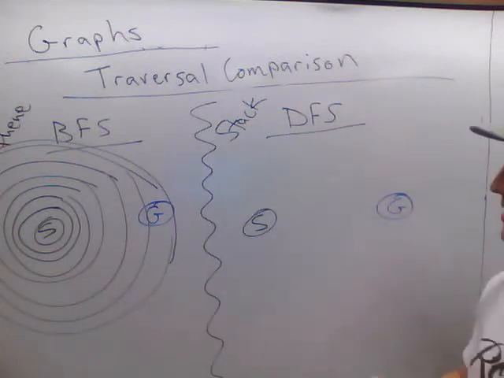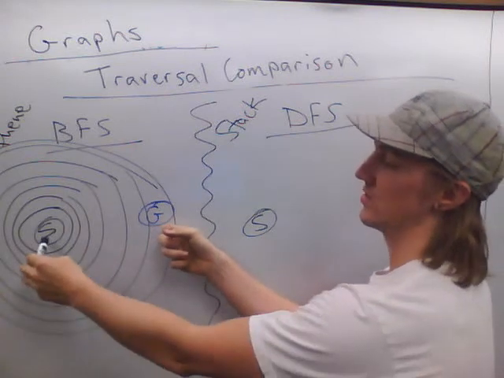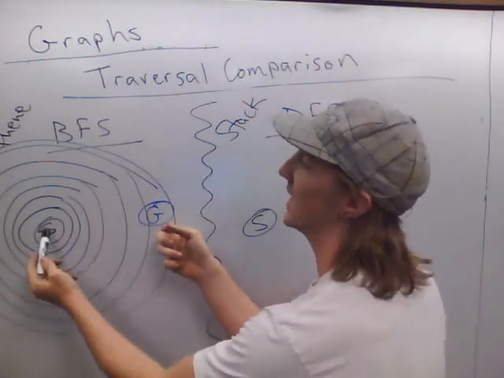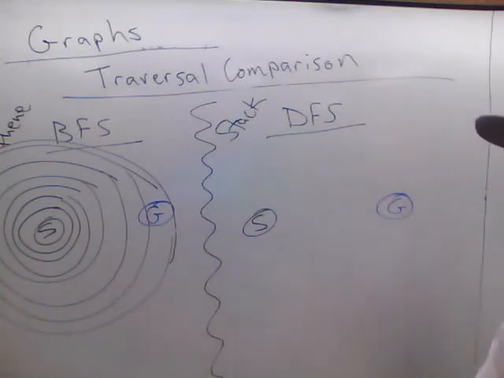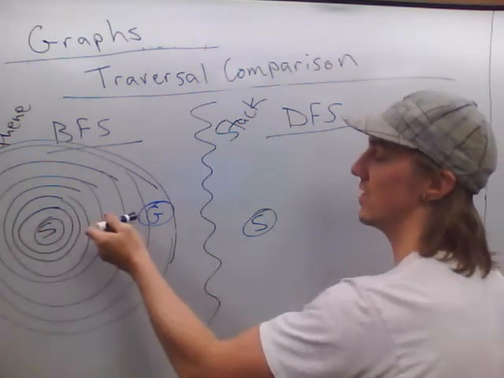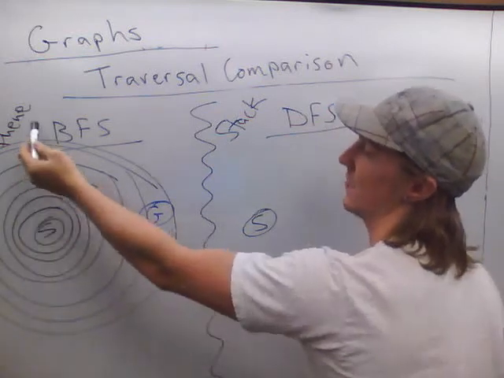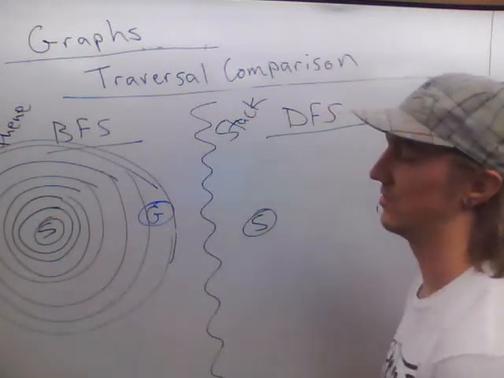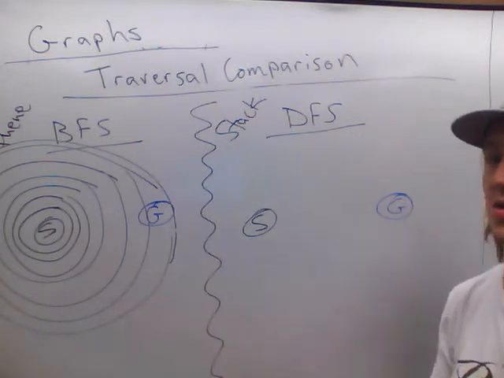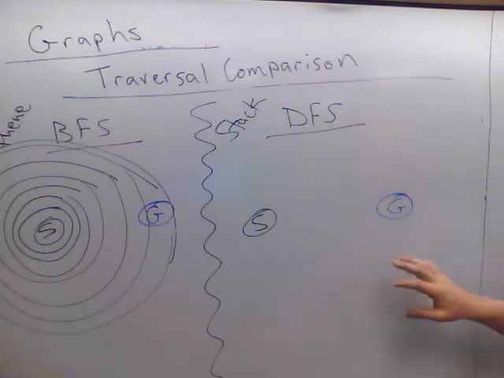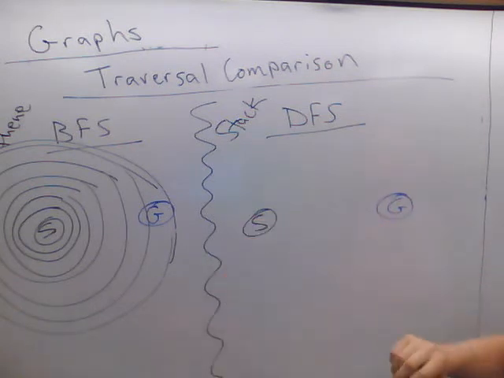So you can see that if we're searching for this goal here and starting here, we're expanding a lot of vertices, and we're traversing a lot of edges that we don't have to. So if somehow we can know that our goal is here, we shouldn't have to expand all of these edges. And that's how BFS works. It's sort of a level order traversal within a graph. DFS is going to use a stack, and you can think of it as